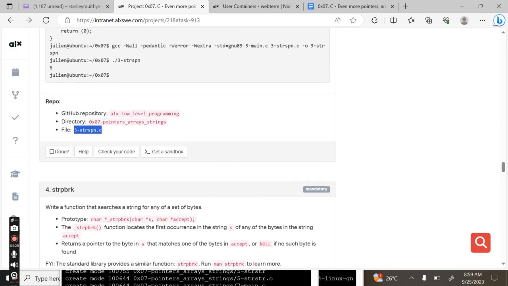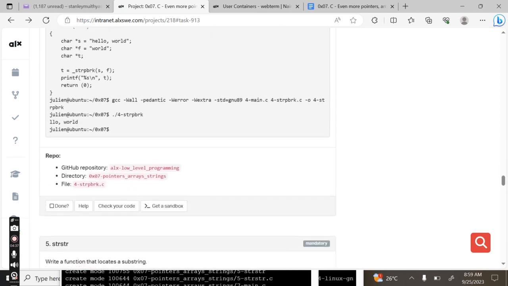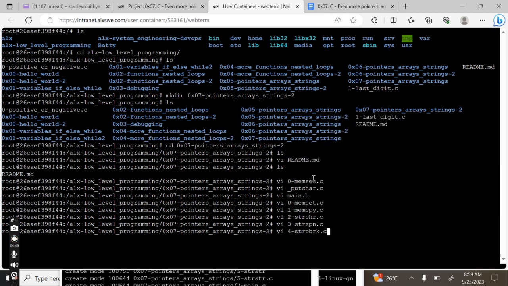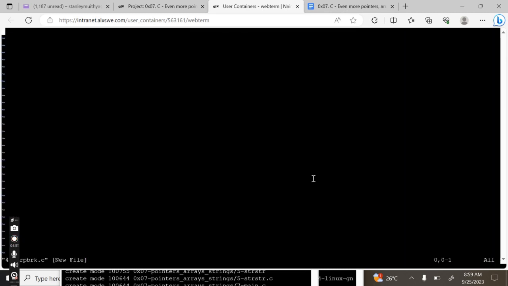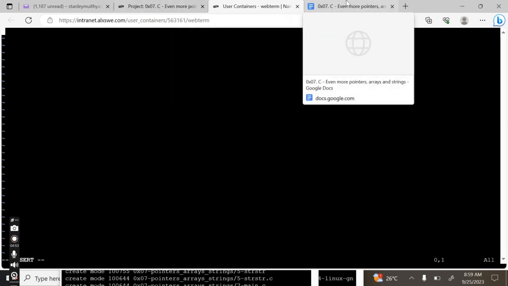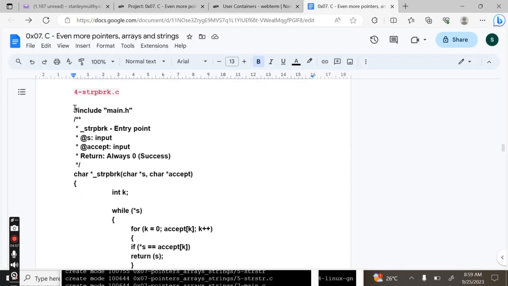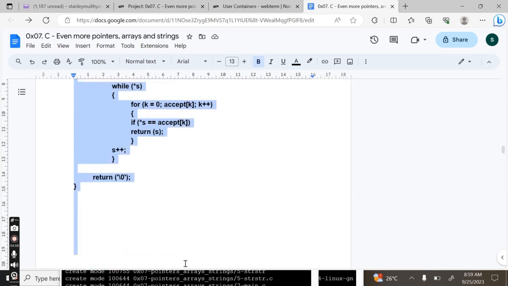Then for the number 4, we are supposed to write a function that searches a string for one of a set of bytes. The name of the file is supposed to be for. Copy, then copy,